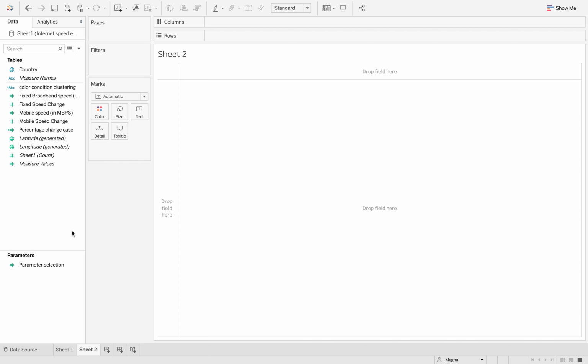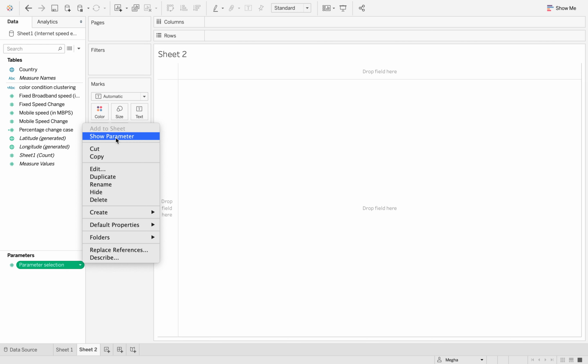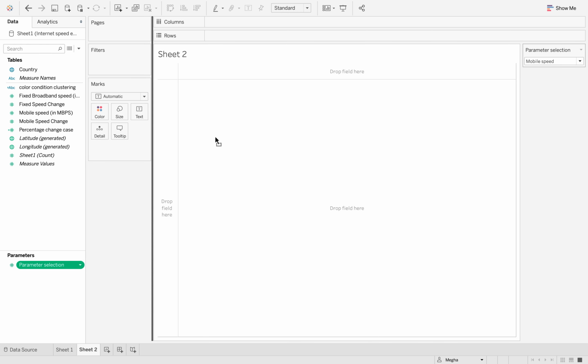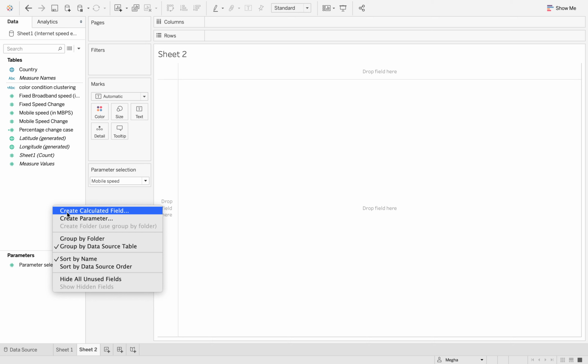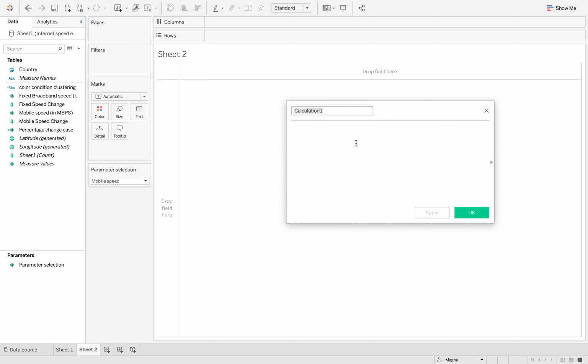So the next step that we would need is to show our parameter, and move it in a different pane. Now we will create a calculated field to activate our parameter. We can name it as select metric. We will be using a case statement here.